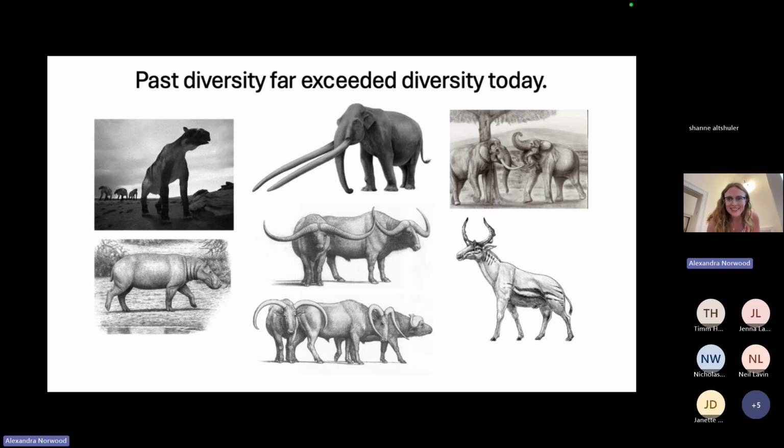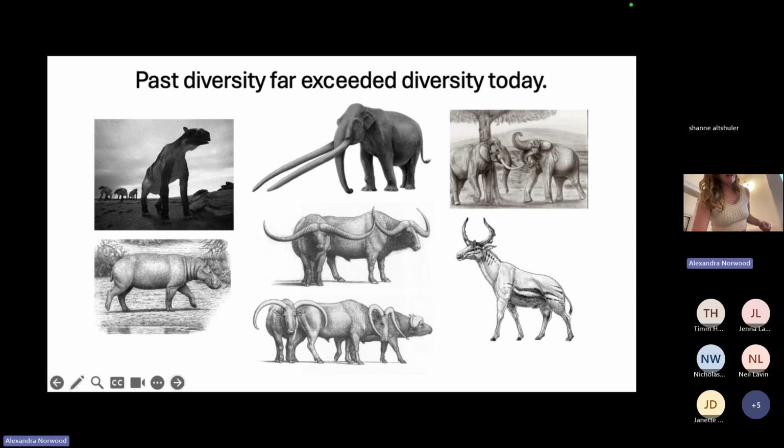Okay, we're back. So we do know that we had all of these African extinctions because the landscape today looks really different than it did in the past. But these extinctions are really understudied. So part of the goal of my broader research agenda is learning more about these African extinctions.